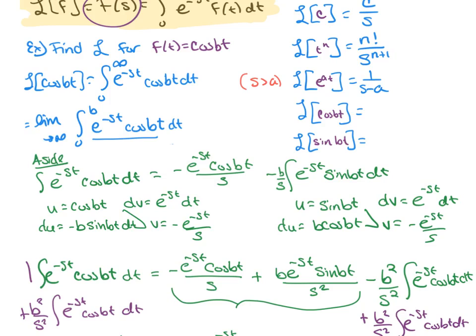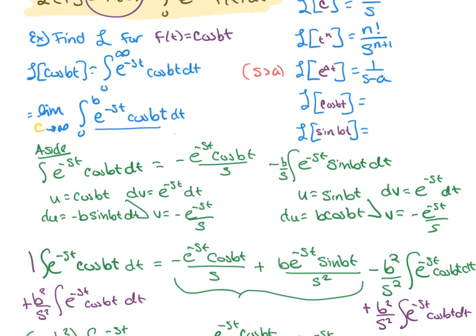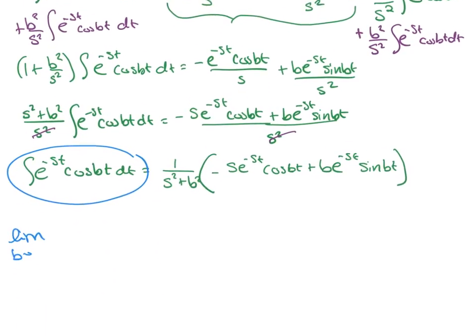Yeah, there we go. Can't have that many b's floating around in the same problem. So I'll make this c. Okay, so we're taking the limit as c goes to infinity